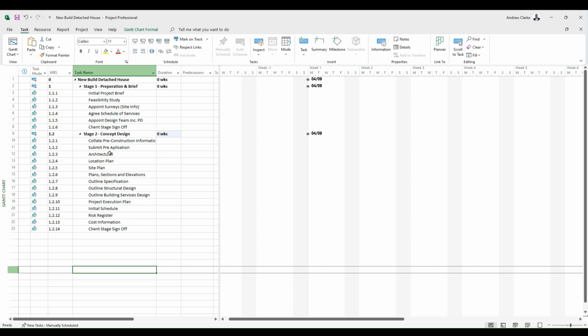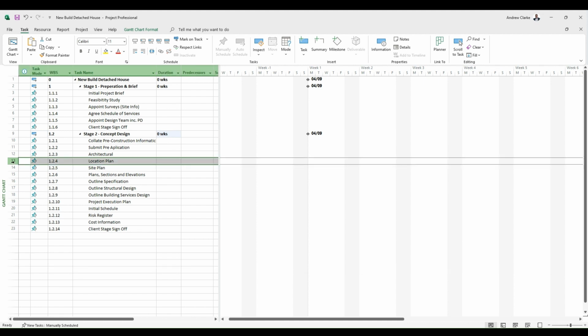And then your architect sort of comes in and structural and building services. Important that we engage them at this time. That's going to save a lot of time as we start developing the design. And I'll show you how this looks